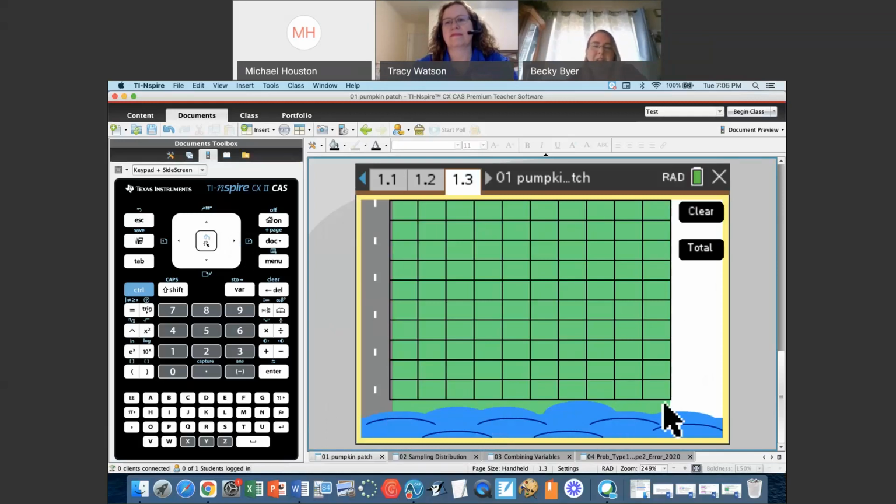You have a nice road system running off to the left-hand side, and you have some water running along the bottom. So for those of you out there who happen to grow things, do you think that every one of those squares is going to contain approximately the same number of pumpkins? Or do you think that there could be some variability due to some factors? And what do you think those factors are? So if you'll go ahead and type that into the chat window, what do you think?